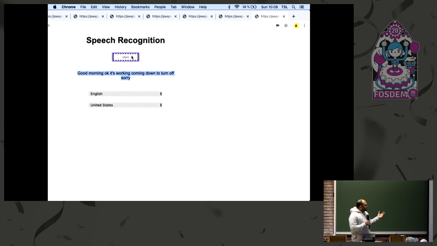So the point is, this is right in my browser. I have no text-to-speech engine there. This string has been originated from my browser. And